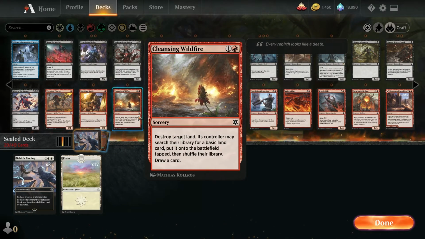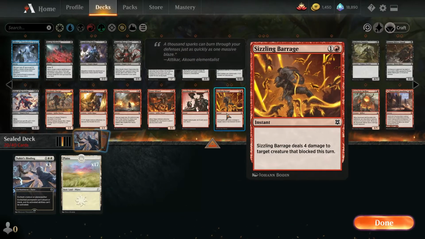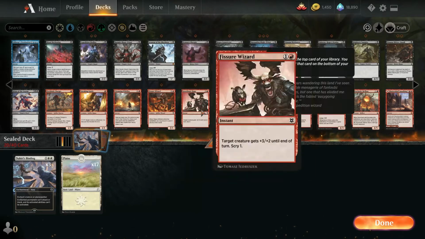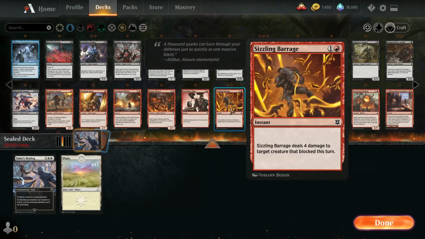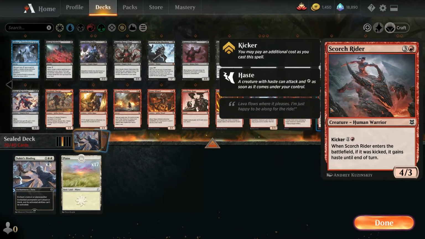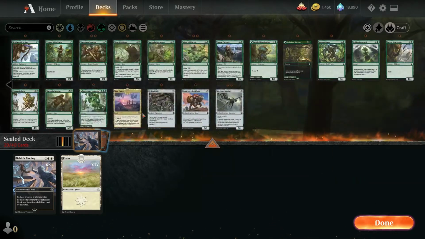Cleansing Wildfire is fun. I've actually been playing it quite a bit in standard because I'm working on Valakut Expedition decks. Barrage is okay. It's removal, but it's really situational. They have to be blocking with it rather than attacking, so you have to really put on the pressure, which we might be able to do. I'm not feeling this red. It's got some decent cards, but